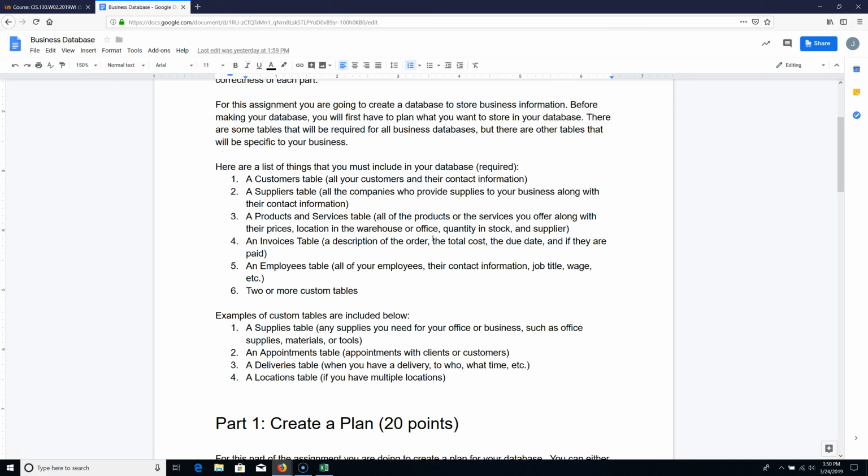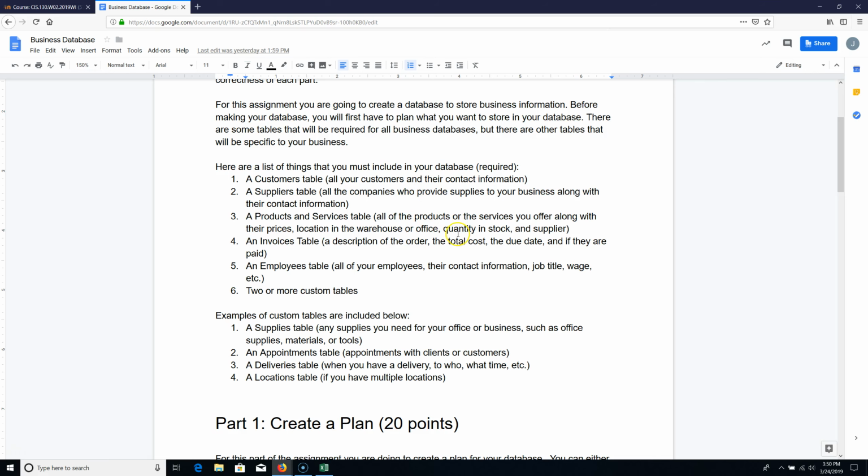Each of these is going to have enough fields in it to make it work for your business. You don't want to have redundant fields, so you don't want to have too many that you don't need, but you also need to have enough to demonstrate that you are being comprehensive with your database. Now, what threw a few people off when we did our database from scratch is planning this database. So I want to give you a little bit more instruction and direction right here before you go out and